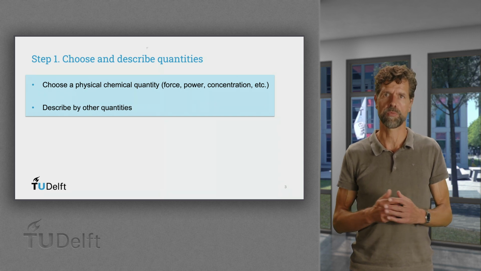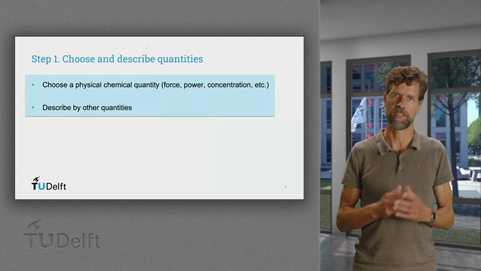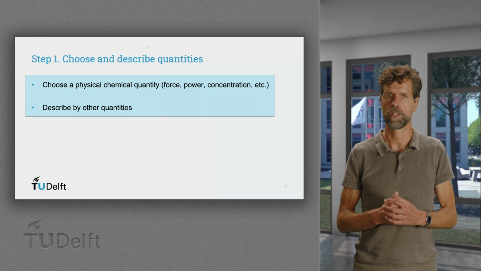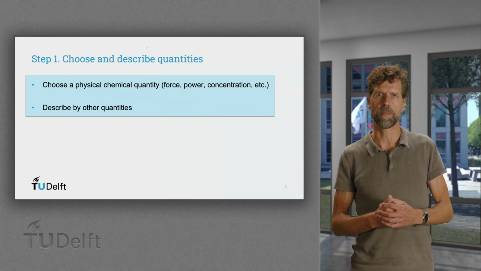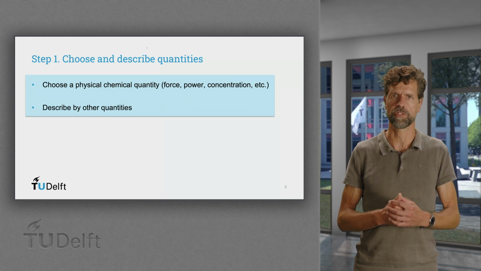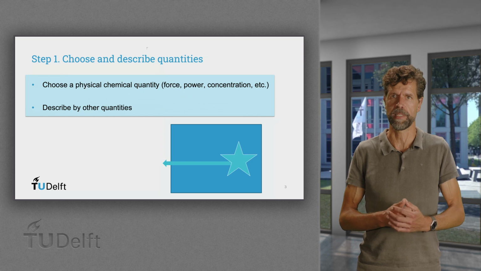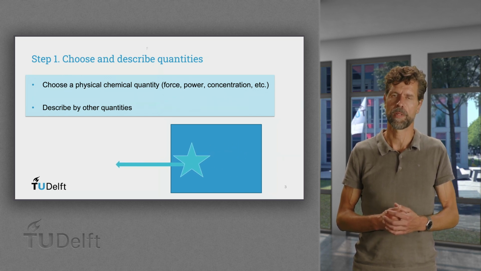Step 1 is to choose one physical or chemical quantity that is to be analyzed, and n-1 quantities that explain it, according to your insight, knowledge and/or experience. Note that in some cases this leads to very detailed choices. For example, consider pulling a body through a viscous medium. One wants to analyze the power needed to do so.